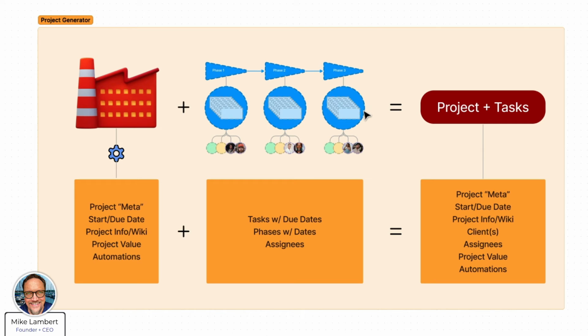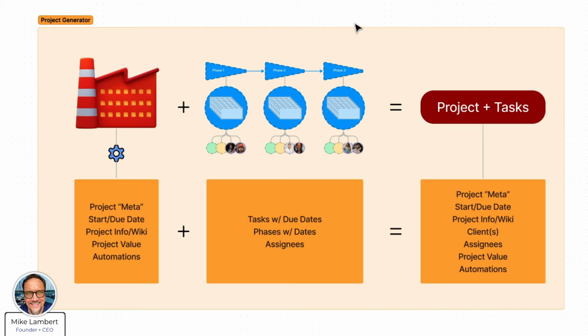And so the end result is we get the project, all the meta, we get the tasks from the task template, and they all come together in your list of projects, immediately generated, everything there, everything assigned, everything ready to go, all the automations kicked off,